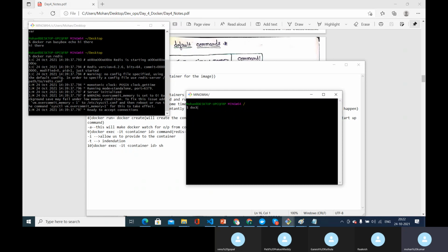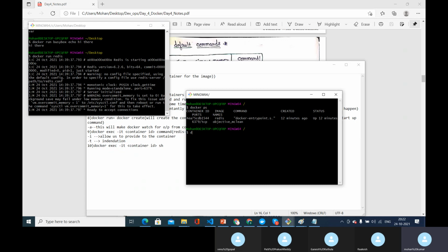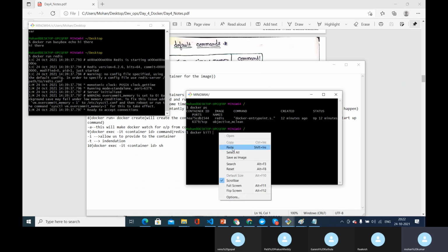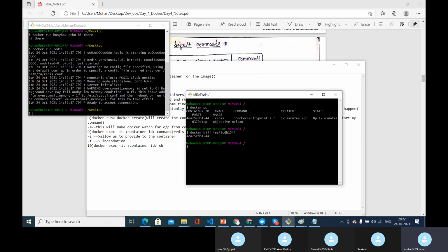Okay. Now I'm saying docker ps, and let's see what are all the processes that are running. So I'll kill this particular container. To kill that, say docker kill and the name of it pasted. I have done that. Once it is done, the container is killed. The process is killed. Now what I will do is I'll again start a Docker